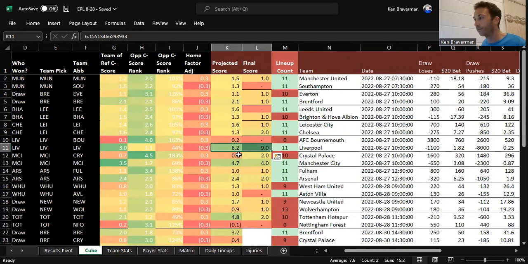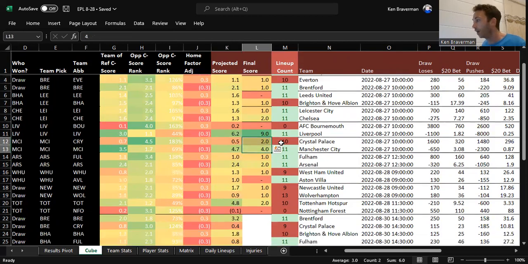because it was able to retroactively make some better stuff. For example, I was able to get the Liverpool AFC Bournemouth game to be a 6-0 game, and it was a 9-0 game. To do that in soccer is pretty interesting with the formulas, because the team doesn't usually put up that many goals. I was also able to get the Manchester City Crystal Palace game to 5-1-ish, and it was 4-2.